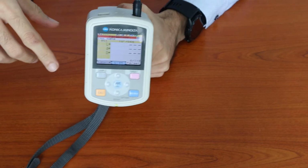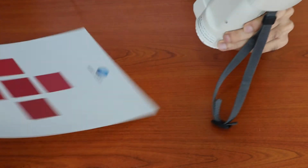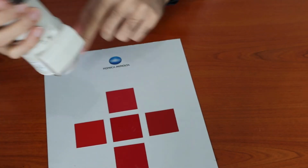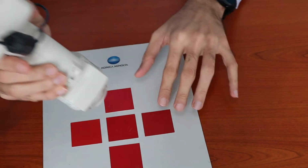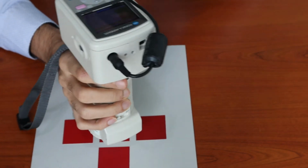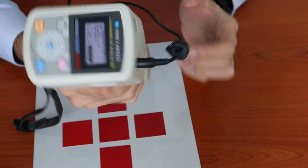So moving on, after the calibration we could immediately take a measurement of a sample. For example, I have a color card and I can directly take a measurement by placing the equipment flush on the sample. That means this part will be in direct contact with the sample, and we press the measure button over here. Once the sample has,